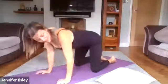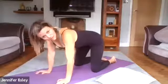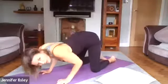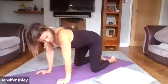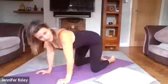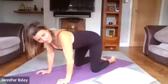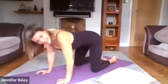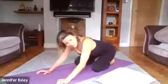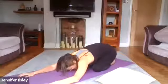You only lower to where your elbow creases and then you come straight back up, so no need to go lower. It will compromise the shoulder position if you go any lower and it's not safe, so keep it safe. One more time. Good, and then let's just sit back, stretch our arms out, take an inhale,